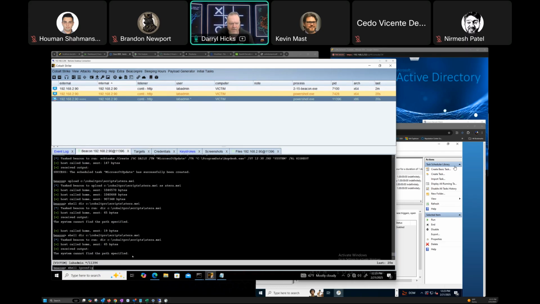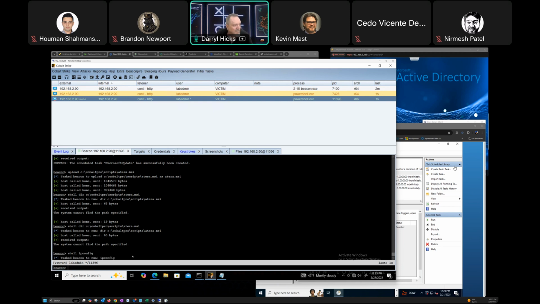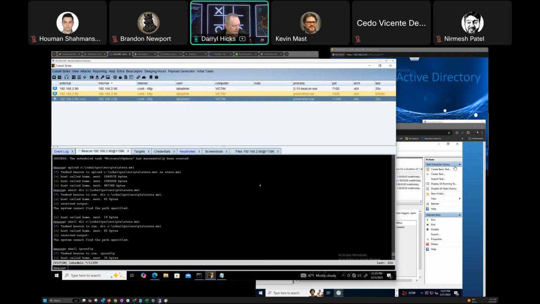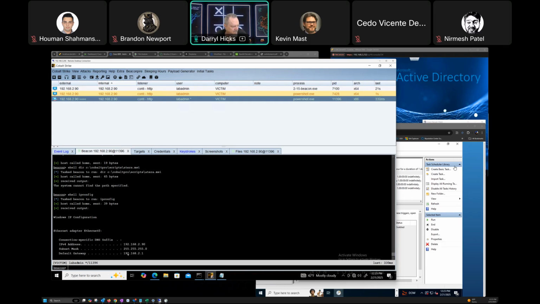Shell IP config. Everybody's done an IP config. I want to see what my gateway is because I don't want to port scan my gateway. I want to stay around that gateway. I'm assuming that they'll have some TCP port scanning detections on the gateway. It's probably a firewall. Not sure, but we'll find out. So it's 2.1. I can do a